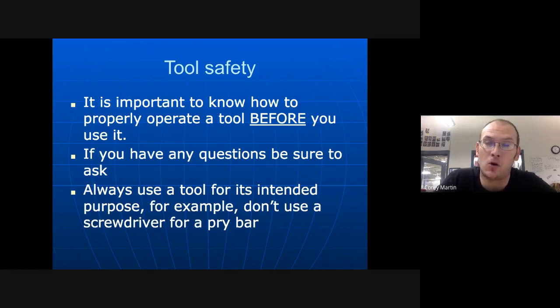For instance, raising up a car on a two-post lift. If you don't have the lift positioned underneath the car correctly, it could fall on top of you and crush you, or severely damage the car and cause lots of money in damages. So before you use a piece of equipment, you want to make sure you know how to use it. If you improperly use a piece of equipment, you could also damage the piece of equipment, costing a lot of money. For instance, the brake lathe. You can do what's called crash the lathe, which means that you run it into another moving object, and it will severely damage it. It's a very expensive piece of equipment, so we don't want to do that.